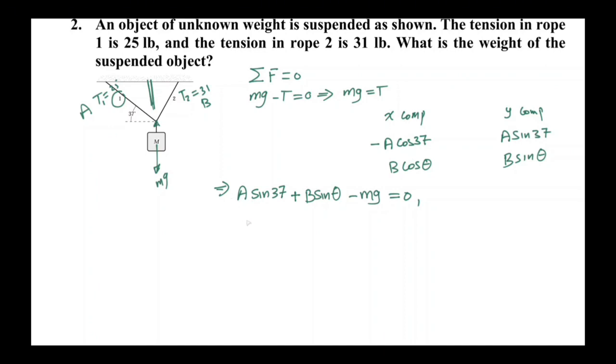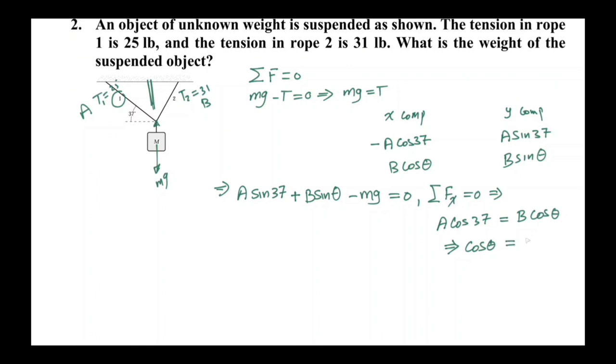In this case, we can find that A cosine 37 equal to B cosine theta, and you simplify this one,